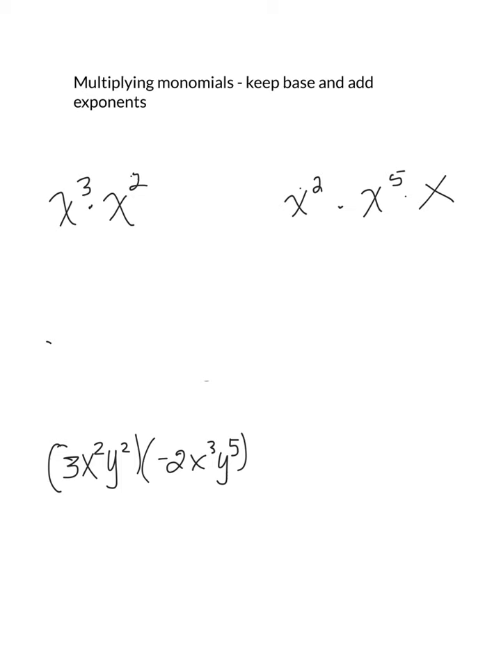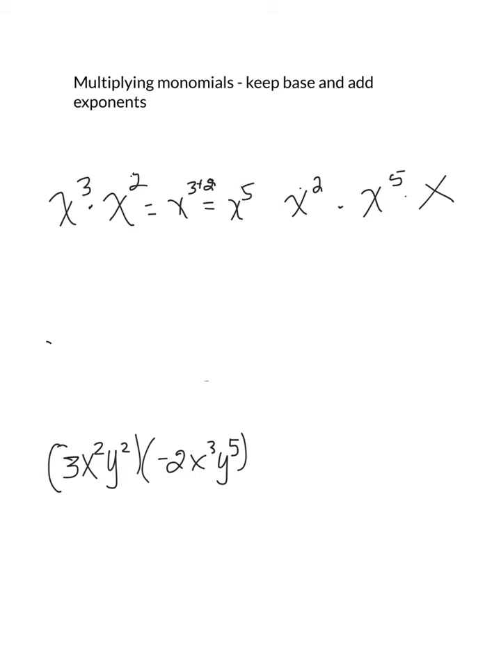When multiplying monomials, you keep your base the same and add your exponents, as long as your bases are the same. So if you have x to the third times x to the second, the rule says I can simply say that it's going to be x to the 3 plus 2, which is x to the